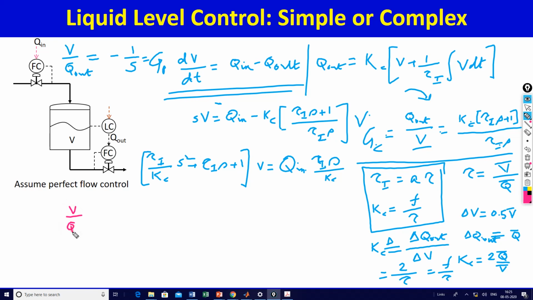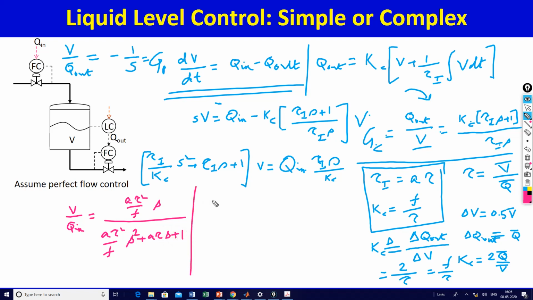V by Q in is equal to A tau I square by F into S divided by A tau I square by F into S square plus A, not tau I, this is tau, sorry, we want to put everything in terms of tau. So this is A tau S plus 1,